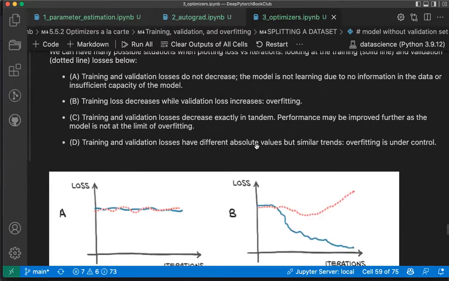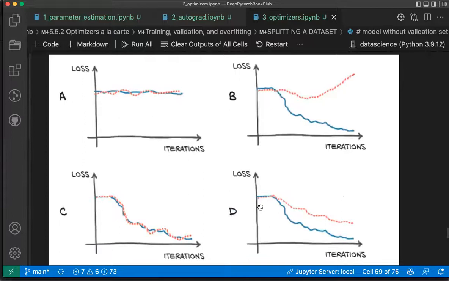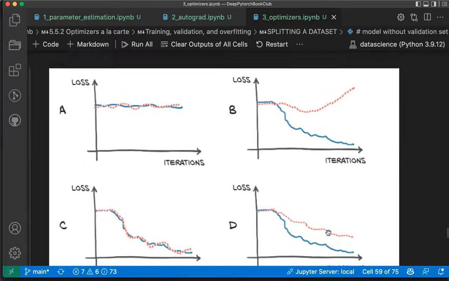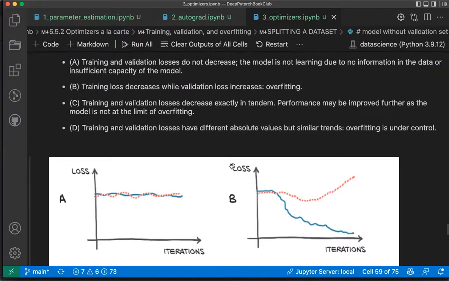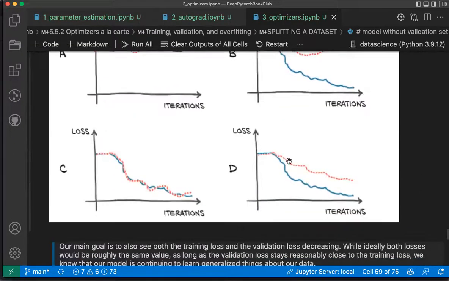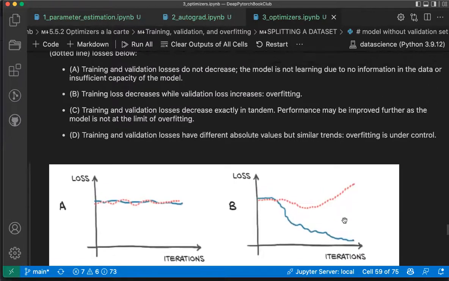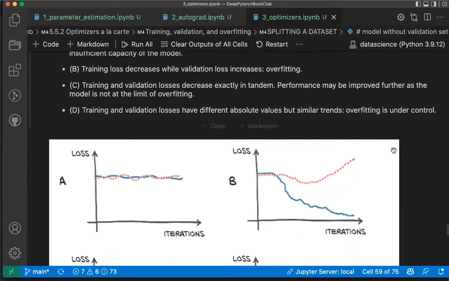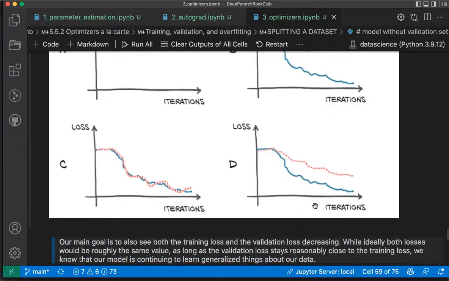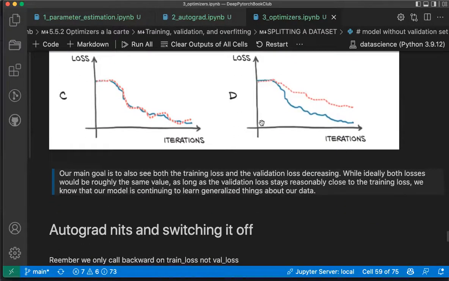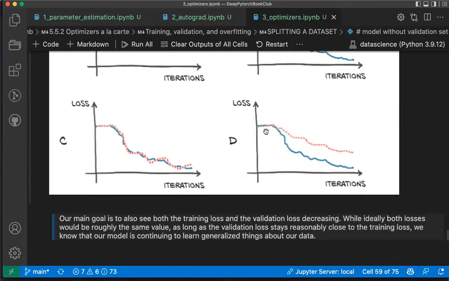Training and validation have different absolute values, but a similar trend. Overfitting is under control. So here, the training and validation have different absolute values, but they have the same decreasing trend. So here you are not actually underfitting, but we can say overfitting is under control. You will not overfit, but you can improve the performance. So this is one of the issues we can understand about